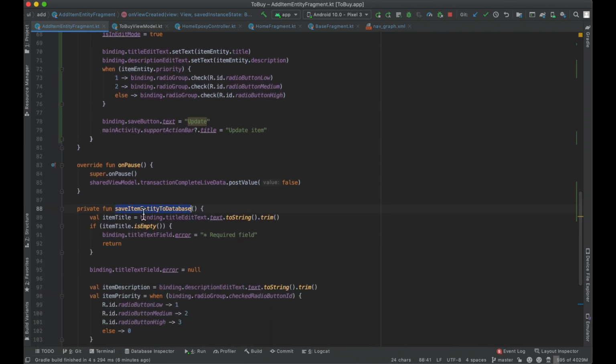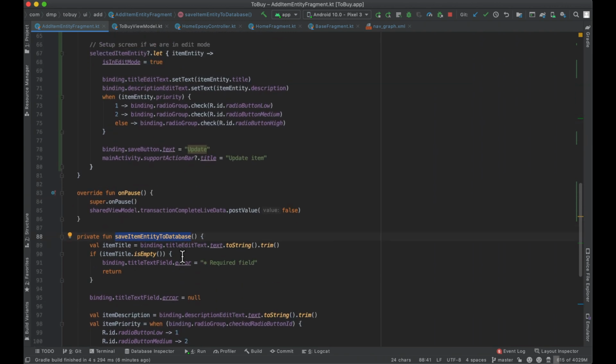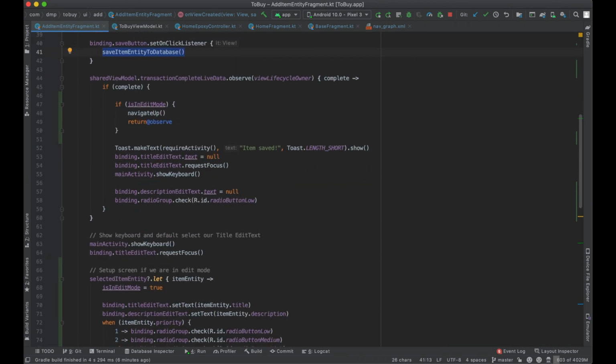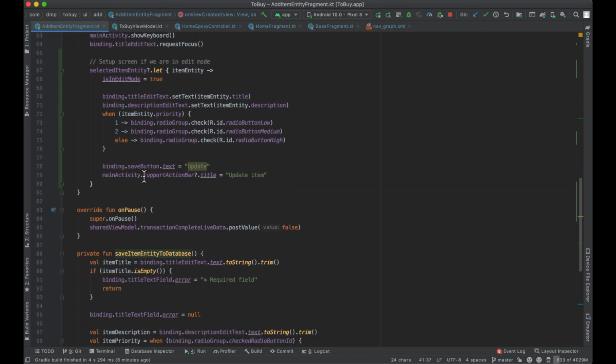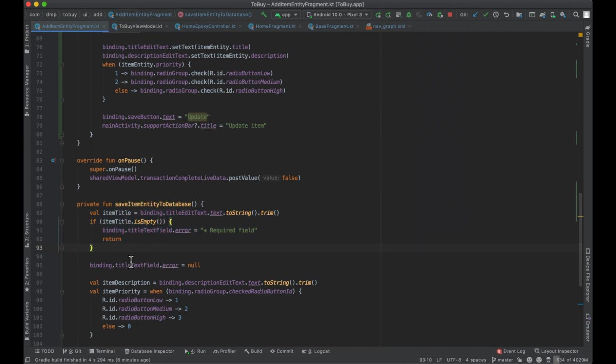But the only other thing is we need to save the item entity to the database when they click the... well, I guess we could just have a little bit of... well, no, because we could do branching logic here to say if we're in edit mode, update the item instead of saving it. However, I kind of want to keep this, right? We have a little bit of error handling here, because it's possible the user just deletes the title for some crazy reason, and now we need to handle that case. So we want to keep this all the same, really,